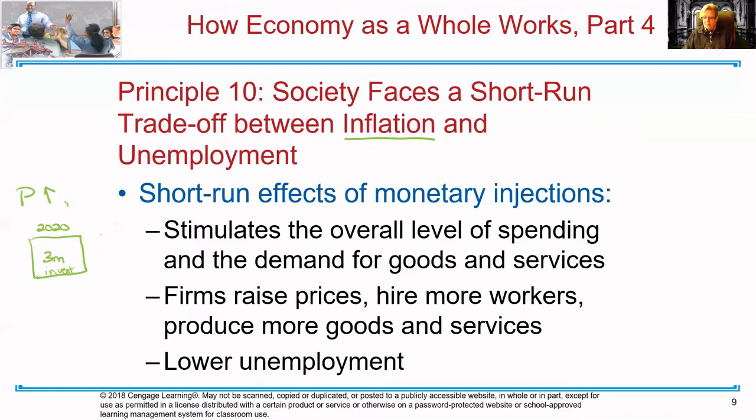Now, Corona's happening, people aren't buying furniture and those kinds of things. So my business starts to slow down. I perhaps lay off some people or furlough them. Now, in 2022, let's say in response to this,